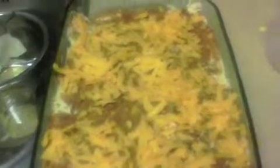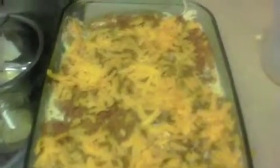Another good recipe that's cheap, fresh made, all fresh products that I think you'll love. Come back and try this again. This is an old recipe, and I'd like to recycle it because it is